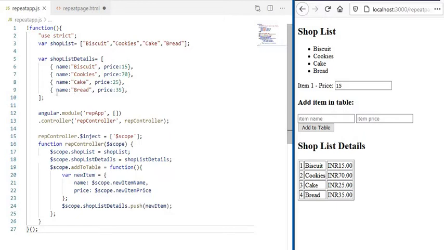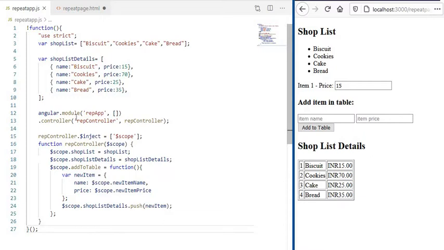So here each and every item in the open and close curly braces is considered an item, and each and every sub item is given within the open and close curly braces, separated by commas. So like this we can add any number of sub items in a single item. Okay, fine.